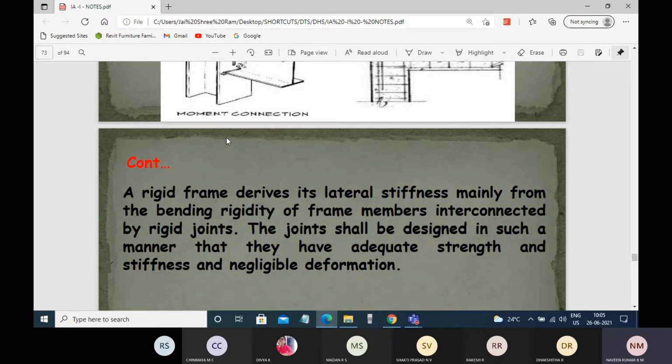A frame is nothing but a combination of multiple members: the column as well as the beam form a frame, right? In a rigid connection, you can see restriction of translational movement as well as rotation. In the case of a pin joint,